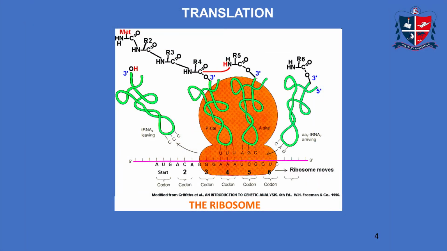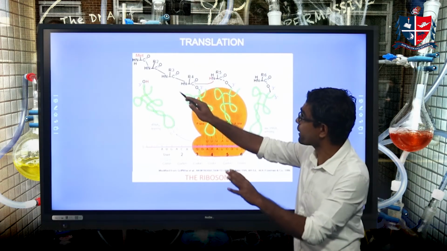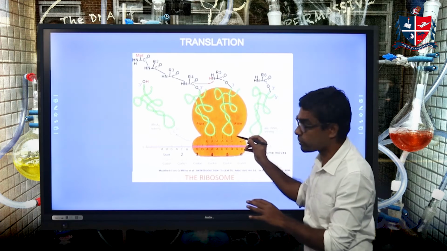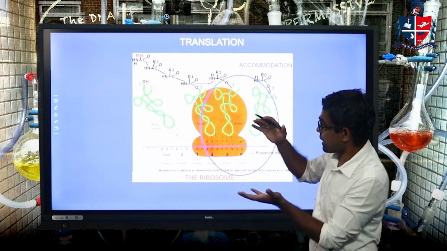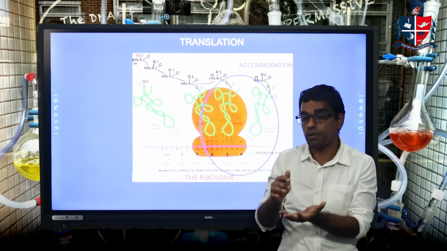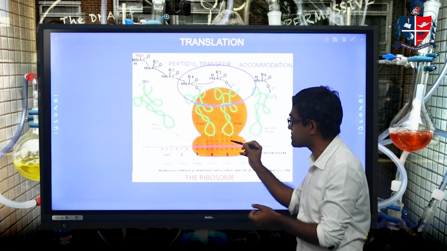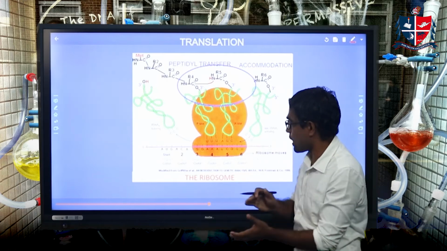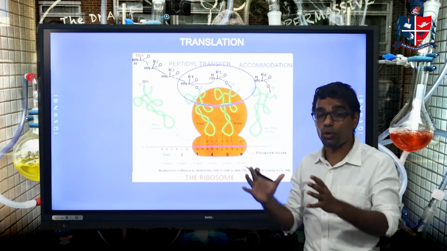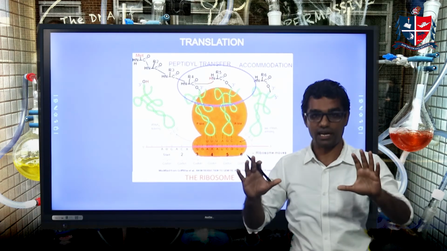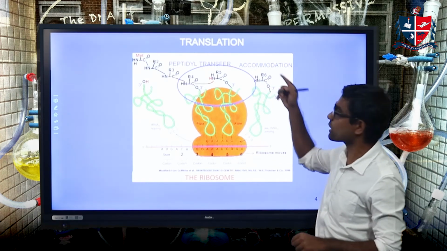I will show it here. Okay. Here, this is the chemical step. Suppose some peptide is already formed here. So the next aminoacyl tRNA, the codon is UCG. UCG means the only aminoacyl tRNA which will be coming is with anticodon AGC. So if the anticodon AGC is coming, that will bind to this site. Then that aminoacyl tRNA will be accommodated. That tRNA will be in the ribosome. No other tRNA will be accommodated in the ribosome. So that is known as accommodation.